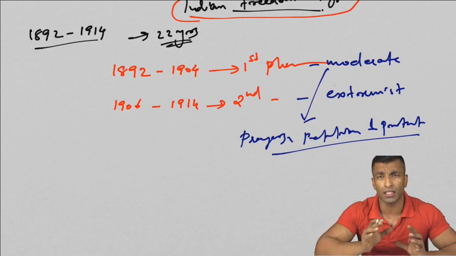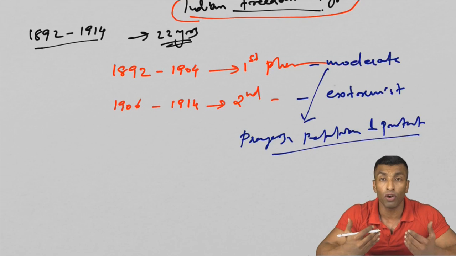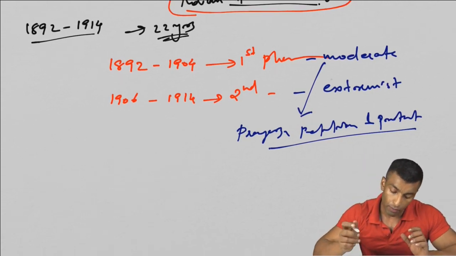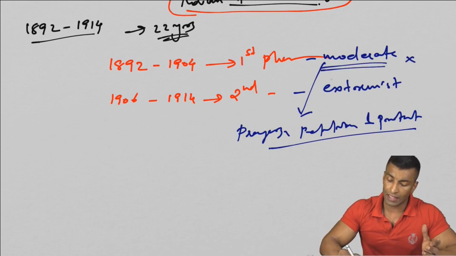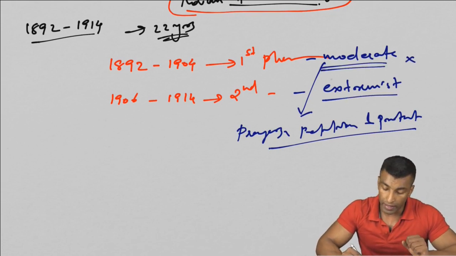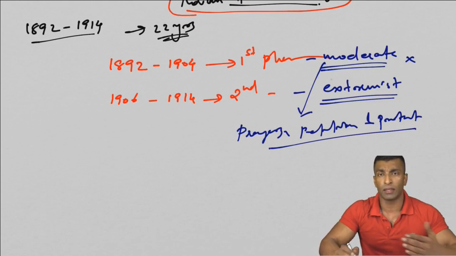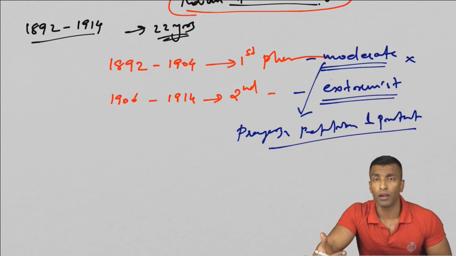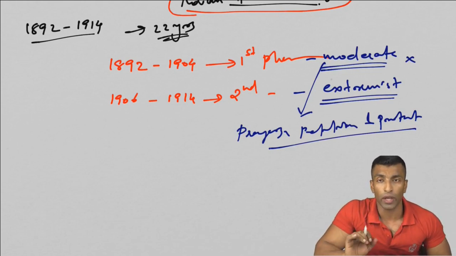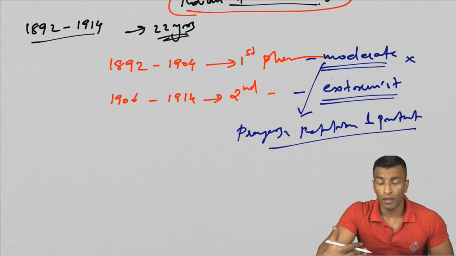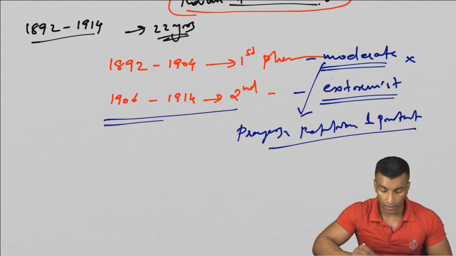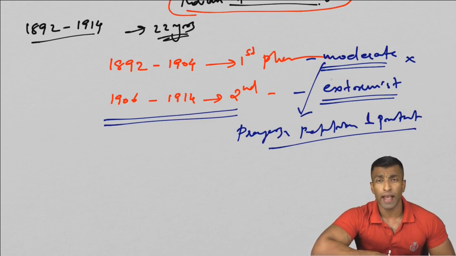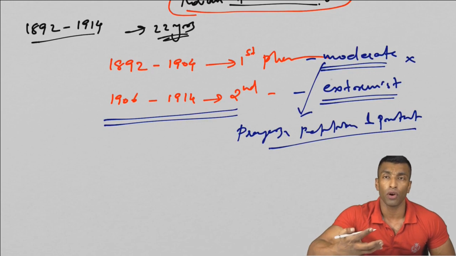When it comes to the extremist phase, it's all about the involvement of masses. If you look at the outcome, the moderate phase had little achievement, or rather no achievement, but the extremist phase saw more achievements. Gandhi understood that involving masses is very important in the struggle. So when he came to India, you can see he directly followed this approach which he practiced during 1906 to 1914, the extremist approach, which is all about involving masses.